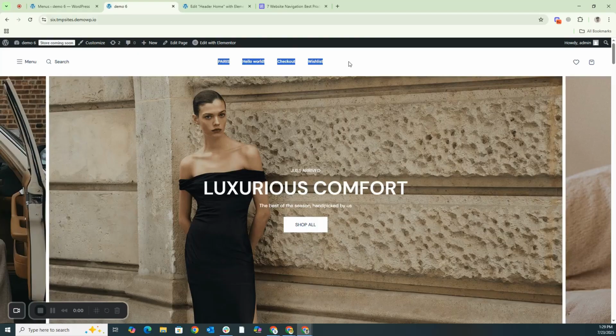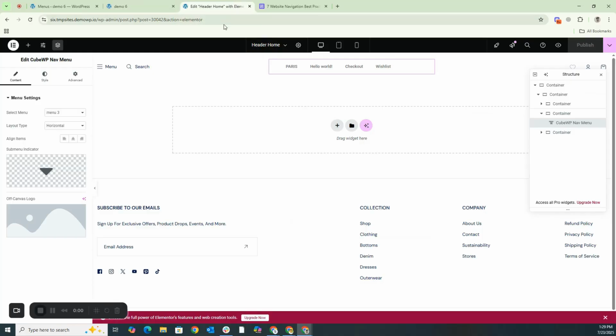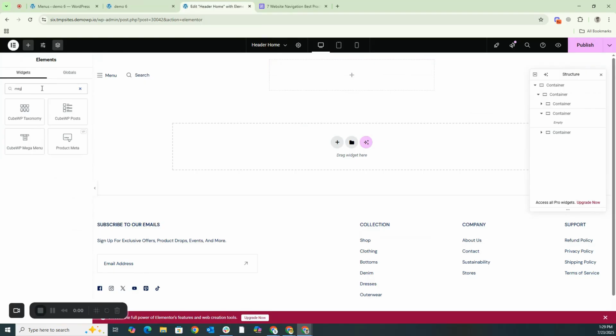The method we just taught you was how to add the CubeWP nav menu element. Along with this, we also have another option which is an element from our value pack add-on called Mega Menu. In that, we learned in the Mega Menu video how to create a Mega Menu and how to add it. If you remove this same element and instead type Mega Menu here, CubeWP Mega Menu. This too is coming from CubeWP Mega Menu. This is not from the value pack add-on. So if you add this,